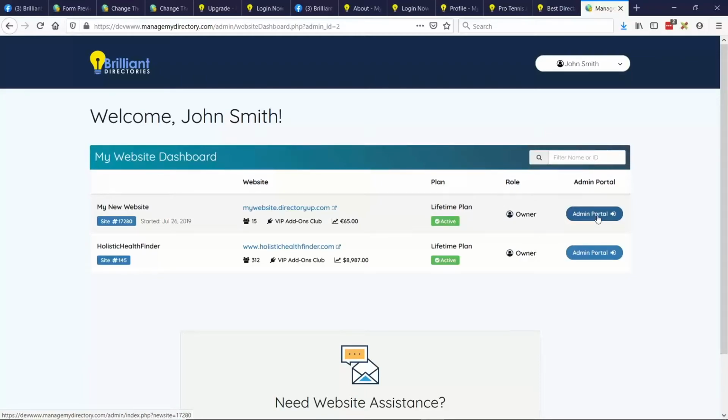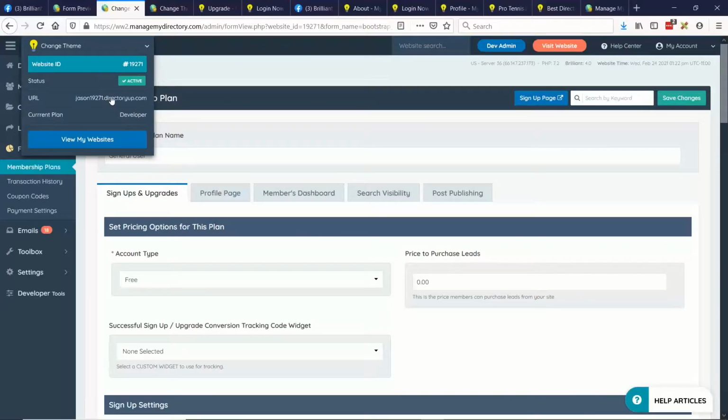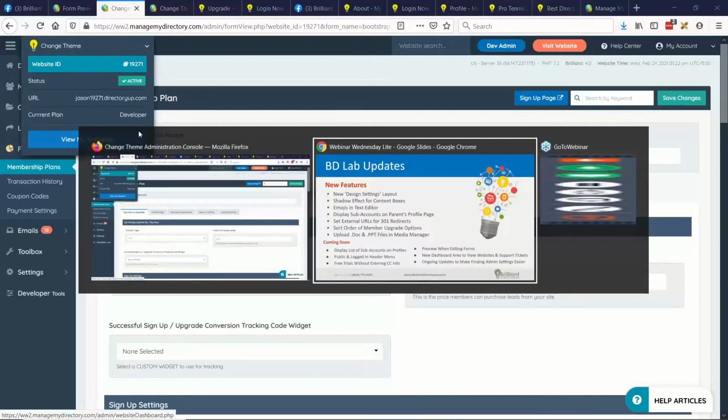And what's really cool is right now, if you do have multiple sites, a lot of us know that we go into this link up here in the top left corner to toggle between our sites, but some of us have more than 3 or 4 websites, and it can become cumbersome clicking through all those sites. So what we're working on is this dropdown will just provide some metadata about the current site that you're working on, and then provide a link to view your websites and take you to this new dashboard area. So lots of cool things coming down the line here.